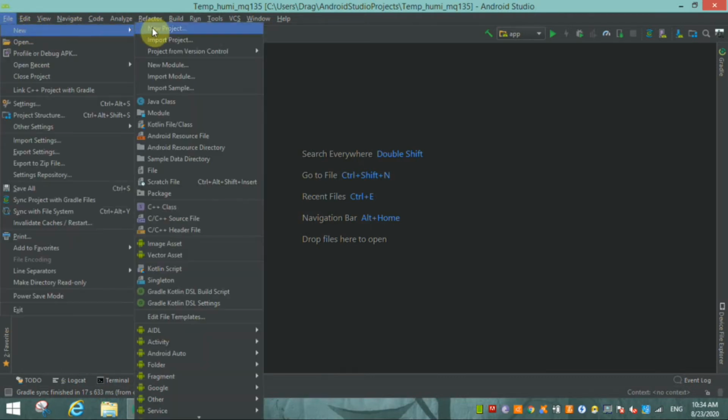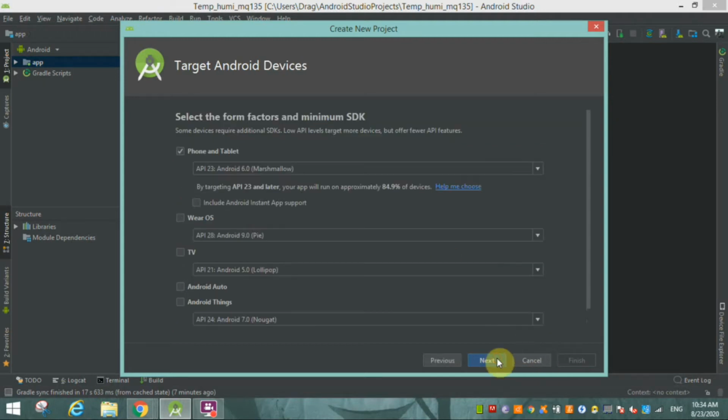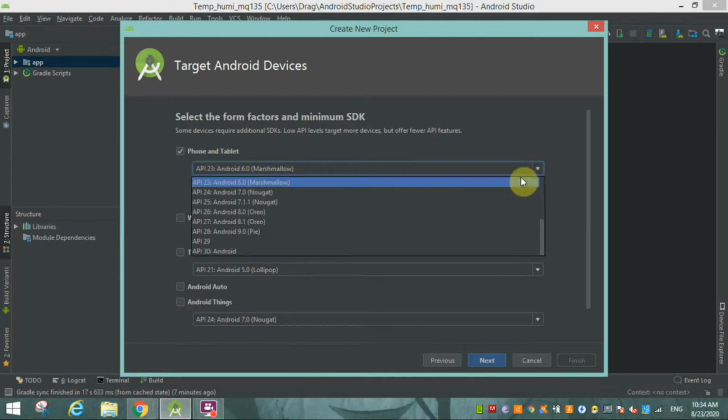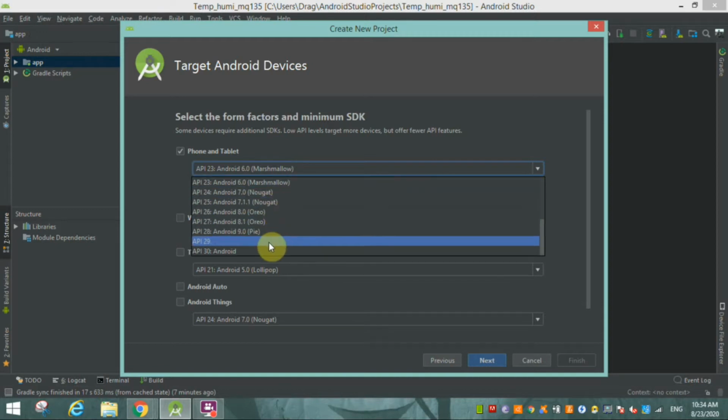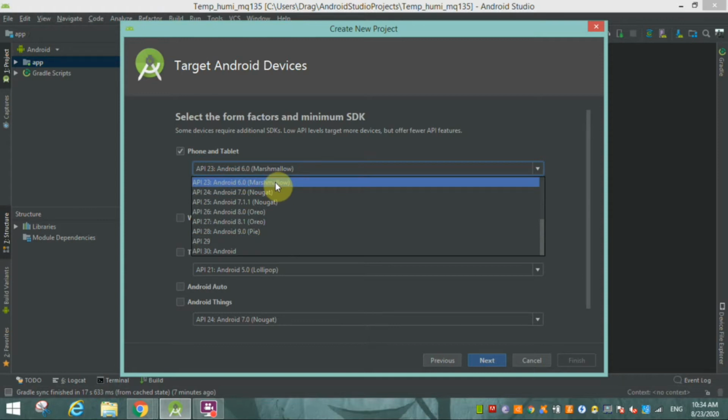First of all, make a new project, then give any name, I am giving it IoT MQTT. Next. Then choose Android 6.0. Don't use a higher version, otherwise it is somewhat difficult to run, so use 6.0 or 7.0.